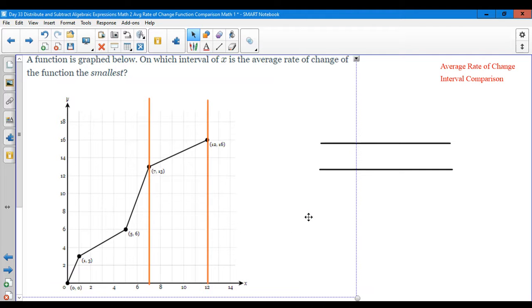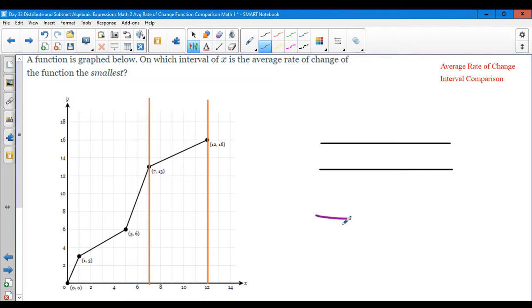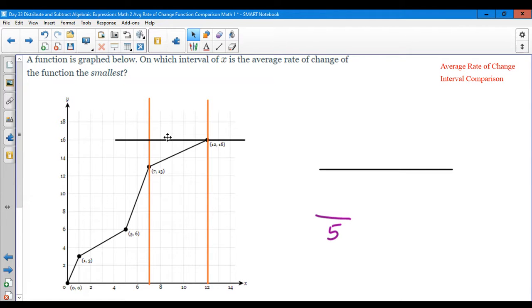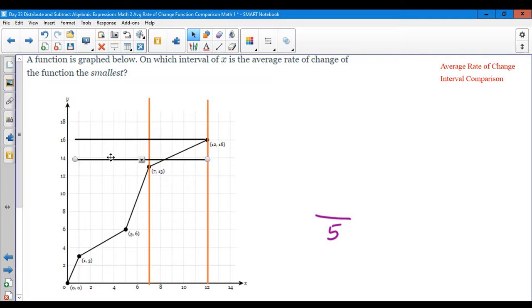And that helps me determine that the run on the x-axis was from 7 to 12. And of course, that's the denominator. So if I'm making a fraction for the slope here, from 7 to 12 is 5 units. And then if I grab the black horizontal lines and do the same thing, I'd land right on 16 for this dot, or for that coordinate, I might say. And this one's between 12 and 14, so of course 13. So from 13 to 16 was my rise. And of course, that's simply